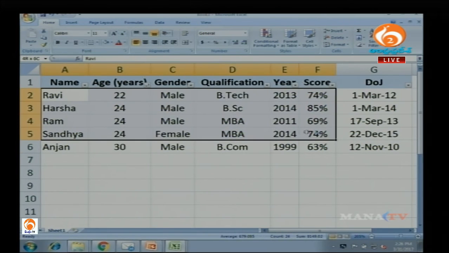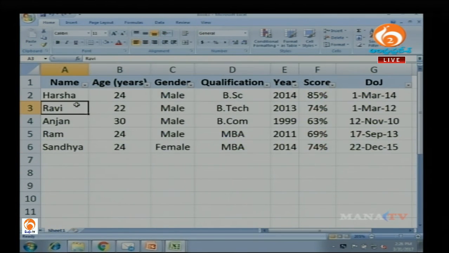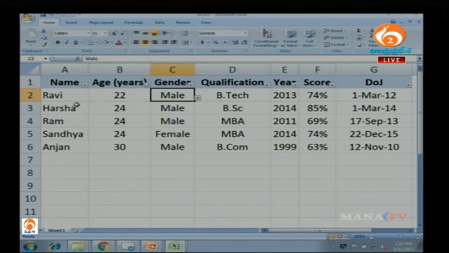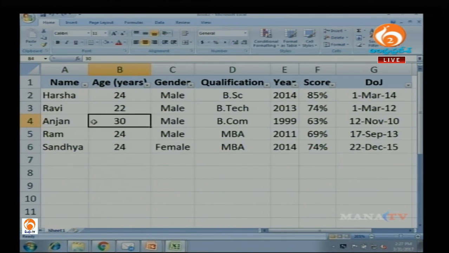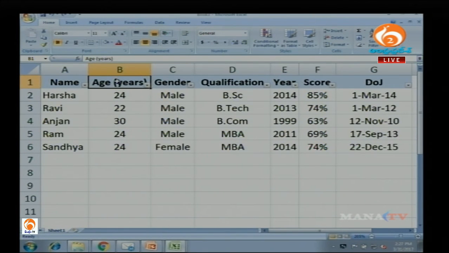Now the entire data is also changing. Ravi's qualification is BTech 2013 74%, right? Even when I am sorting it, it shows the same: BTech 2013 74%. Now if I do not select all the cells and I sort only this,